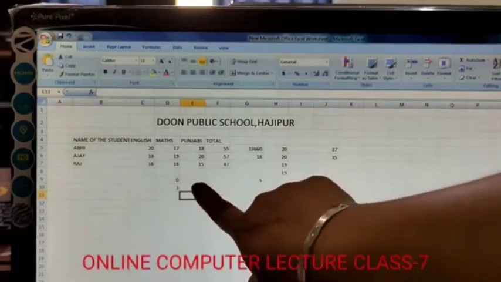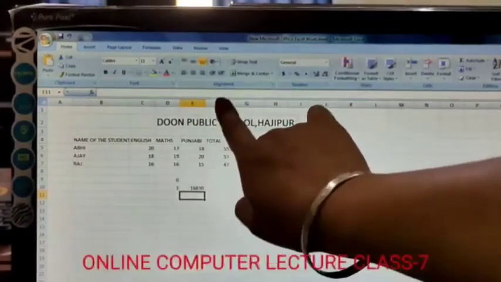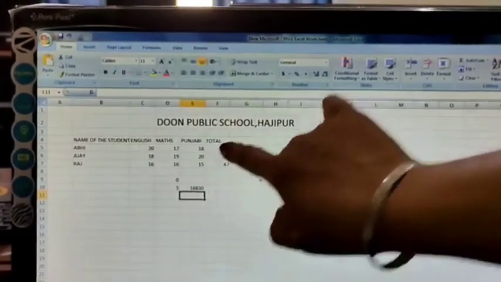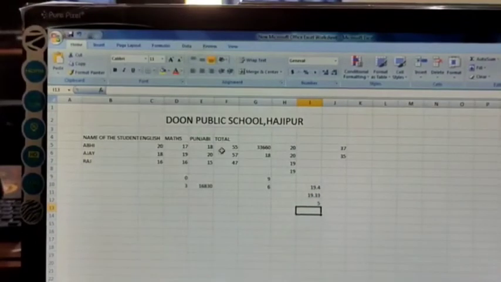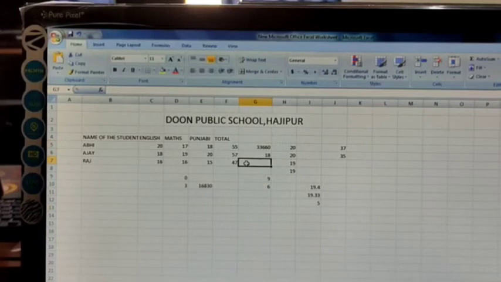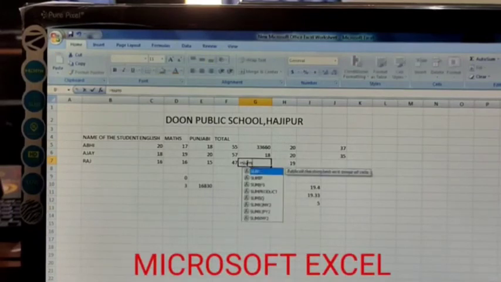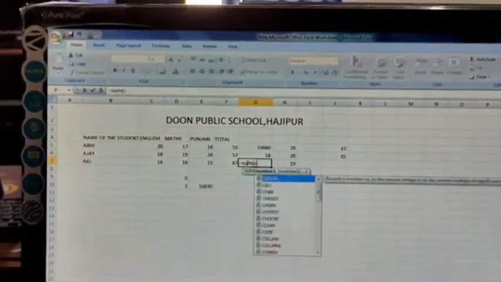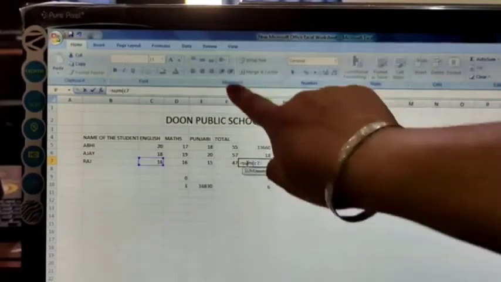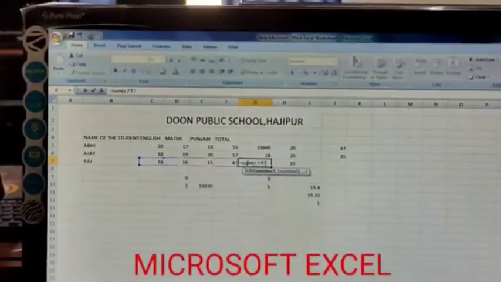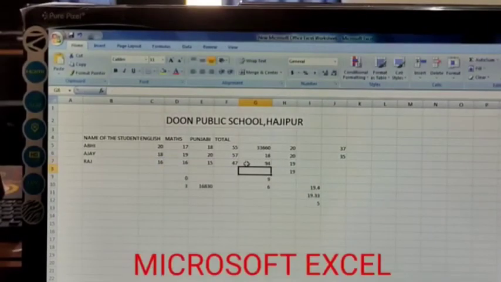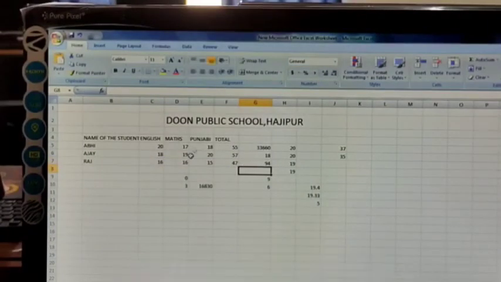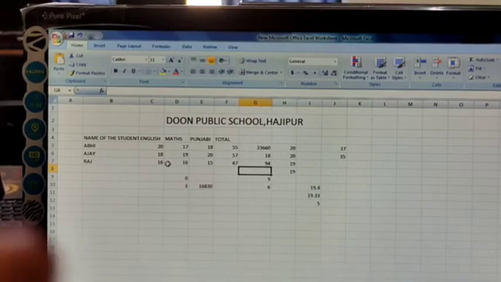So, it will give the product from D5 to F5. Next is sum, that is total. We have already done it, equal to sum, C7 to F7. So, it will do the calculation of these numbers.